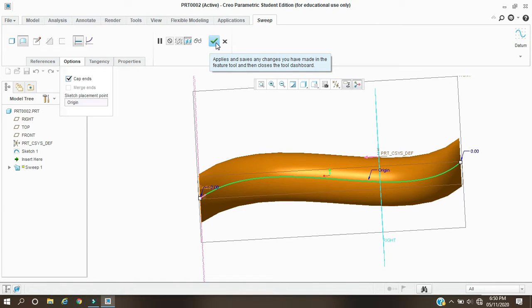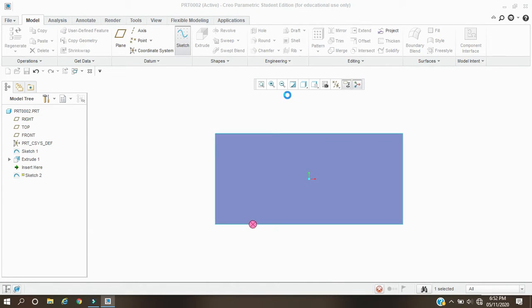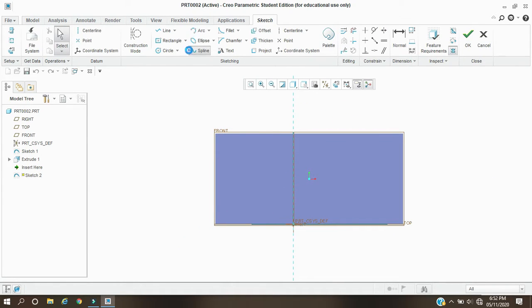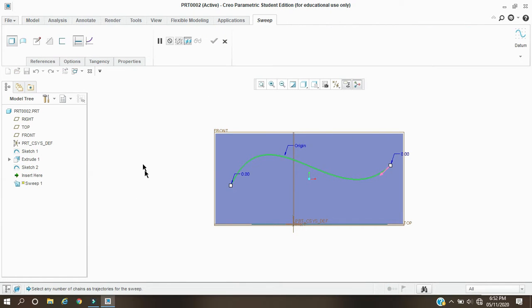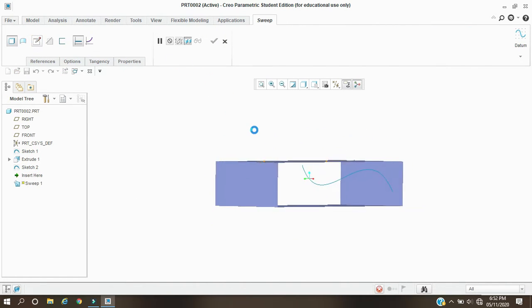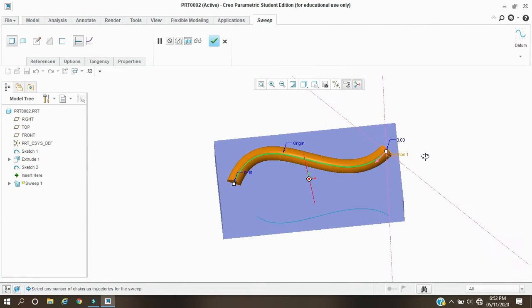Now we are going to see the material removed by a sweep. First we are going to see the material removed by a sweep surface, on the base also the surface. First I'm going to draw the trajectory. Okay, then open the command, select the trajectory and draw the cross section. Now I'm going to draw the closed cross section, for example like this.